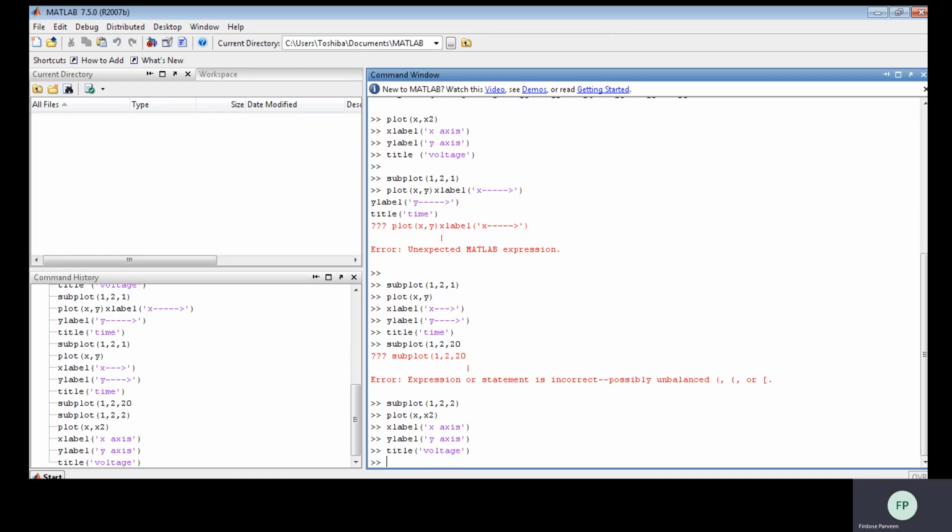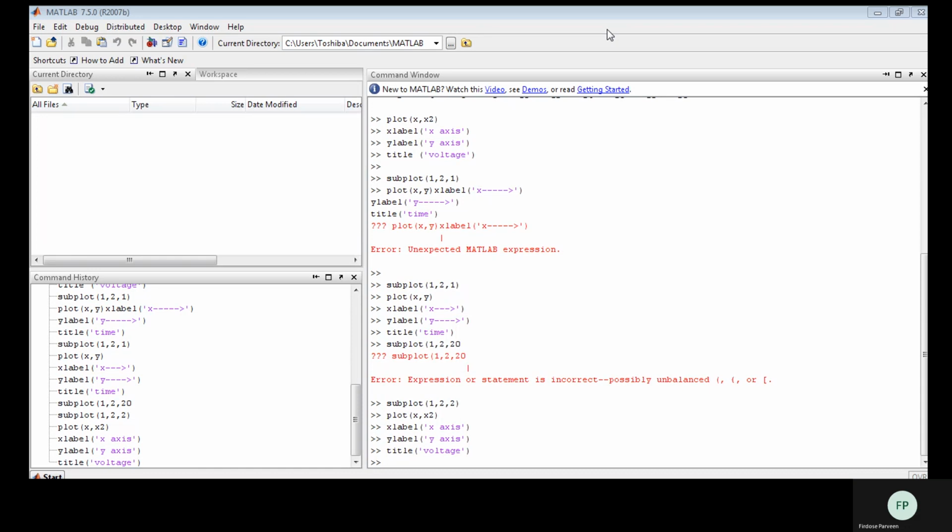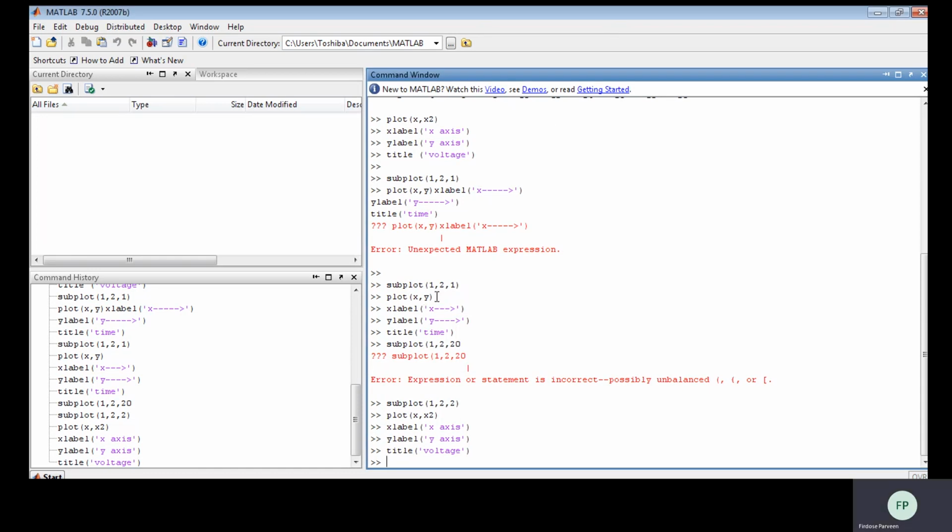See how it is. Here you have one row and two columns. The first plot is the first one, that is time. The second plot is the voltage.